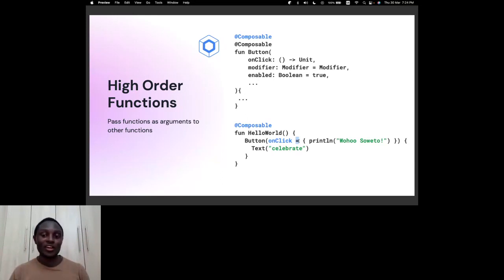And this is the anonymous function that we'd want to run when someone clicks something. So when we declare a button, the text is Celebrate. When someone clicks on that button, this is what is going to run. Ooh, hello, Soweto. It's going to run because it didn't have any implementation. We have given it an implementation. And I think this is one of the features in